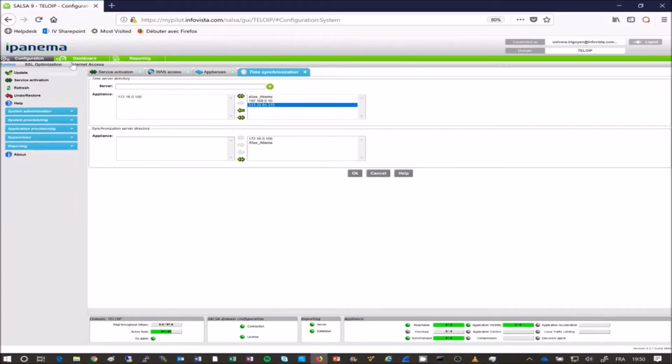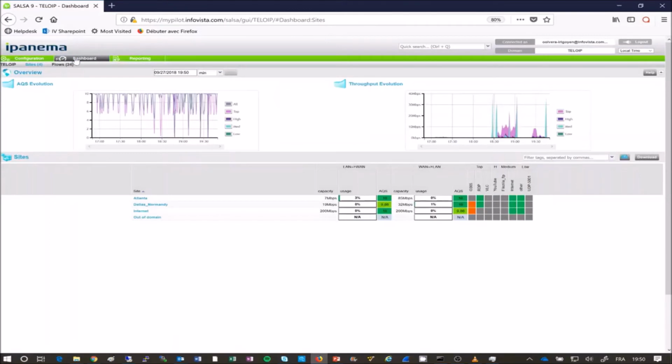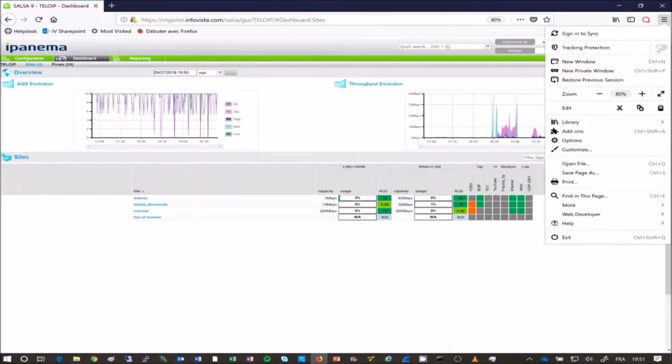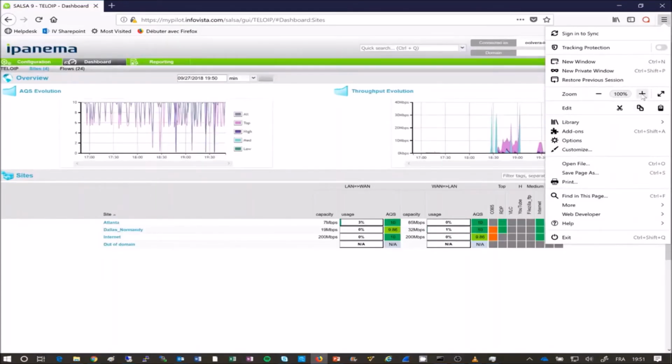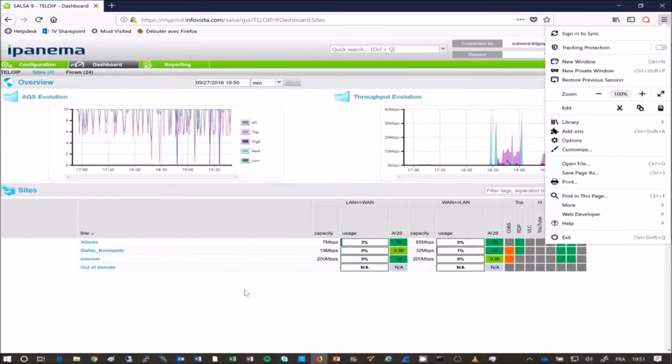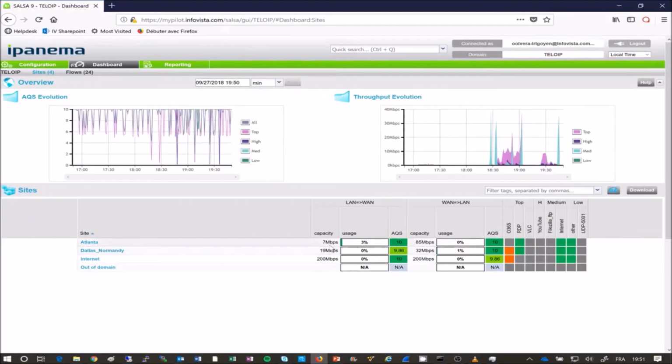And so that's it. I have already configured the appliances, and I can see the dashboard and specifically the sites that are represented for the appliances. So here we have our bottleneck 7 megabits and 80 megabits per second for the, this is the upload, this is the download. Right now we don't have congestion. And here we have the Dallas Normandy